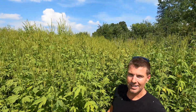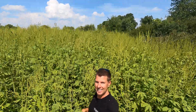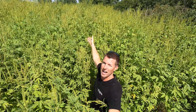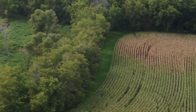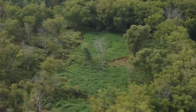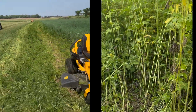So we're gonna turn this 1/4 acre, 1/3 of an acre, weed infested area into a beautiful food plot. I'm gonna do it with the help of my kids. Reason number 3 I love oats. Look at that thin strip of oats between the corn and the trees. That is a full shade area, and they still grew great. Something you can't say for brassicas. They definitely need sunlight. So as you watch me have some fun knocking down this ragweed with the zero-turn lawnmower,